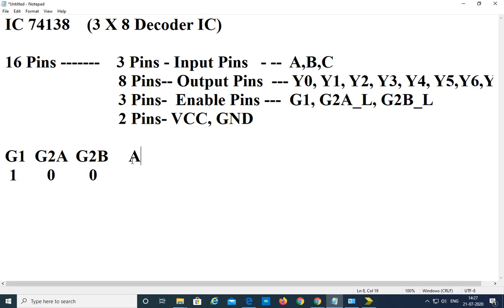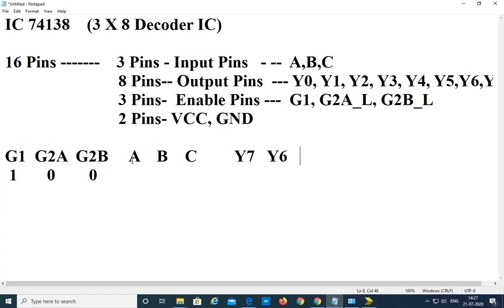Now A, B, C are the 3 inputs and outputs are Y7, Y6. Remember the outputs are active low here.